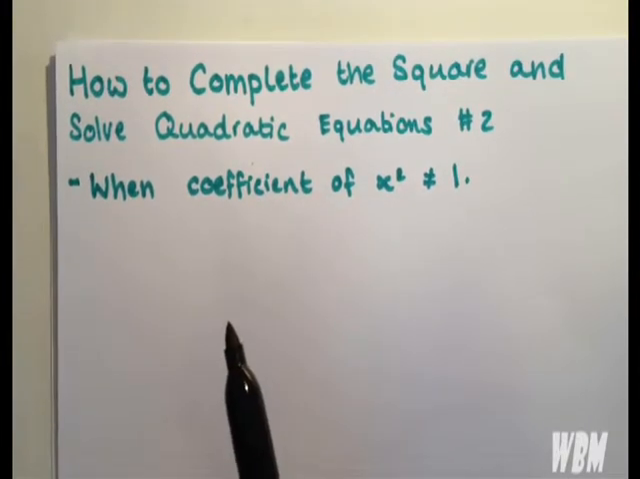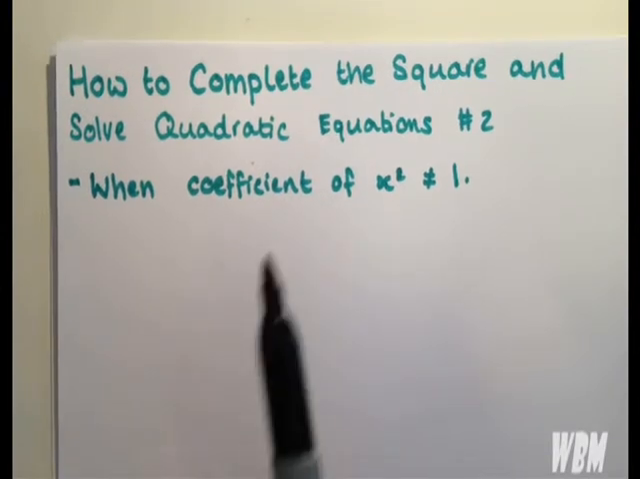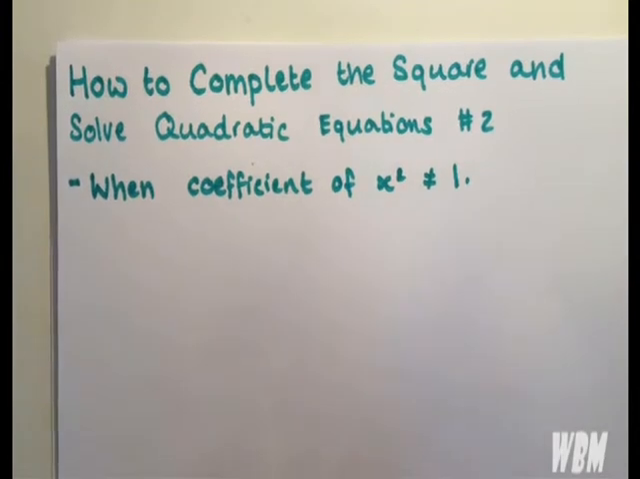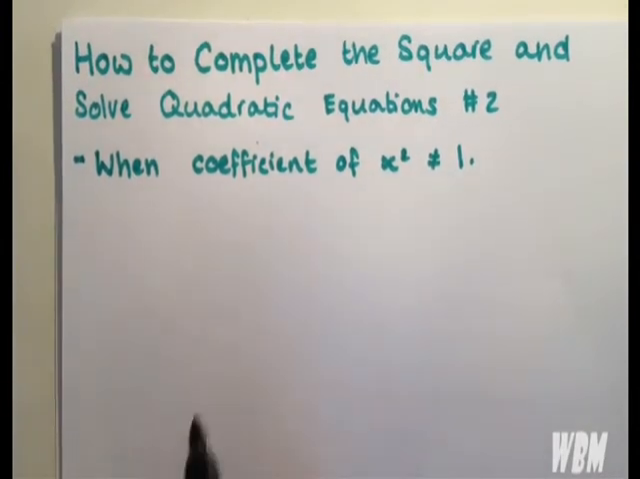Obviously, this isn't going to be the case every time, so we have to look at what happens when the coefficient of x squared doesn't equal 1. Now, this is going to be a brief video outlining a quick example. The question reads as follows: